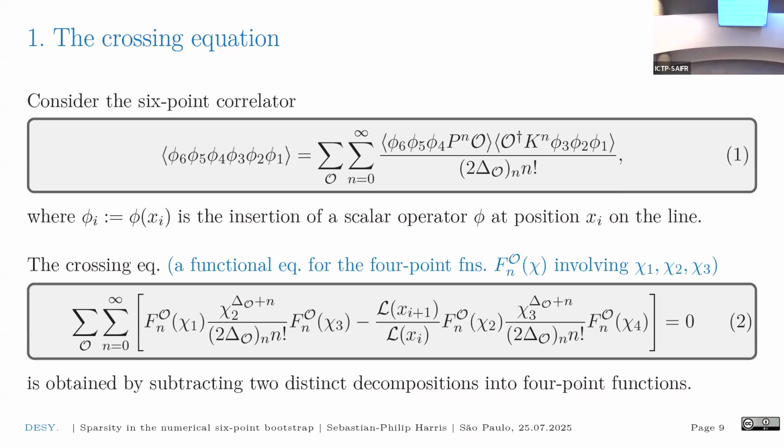Is it possible, at least in principle, to combine this with the 4-point function bootstrap? Yes, I think so. What you could do is study some mixed correlator system, for instance, where